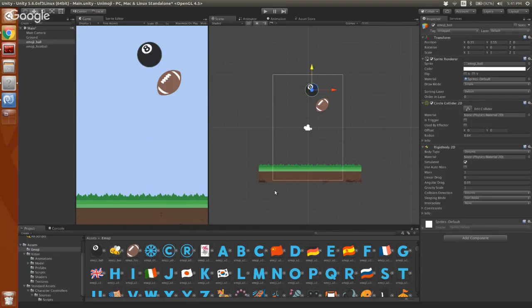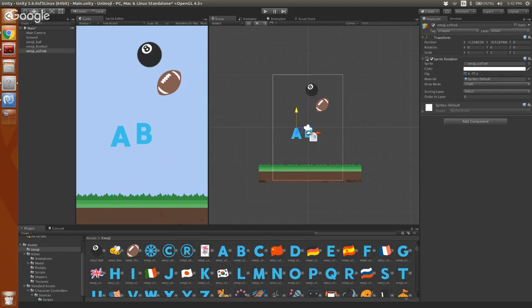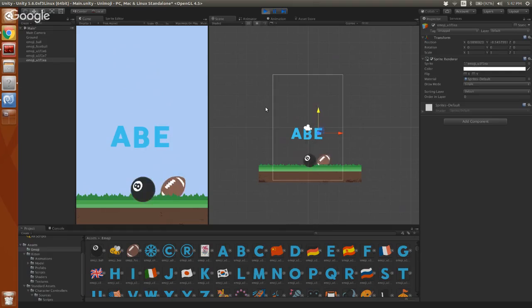Another interesting concept here is that, remember, not everything in the scene has to be interacted with. So if I wanted to put something into my scene, I'm a big fan of my own name, so I'll just type out Abe. This is completely unrelated to physics. I haven't done anything. There are no colliders. Those letters are just floating in the scene. If you had alerts that were popping up, or like I said, a health bar or things like that, you wouldn't want rigid bodies.